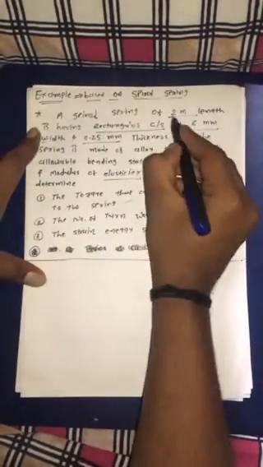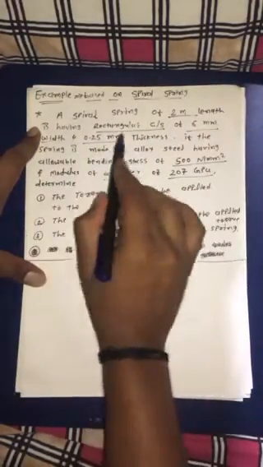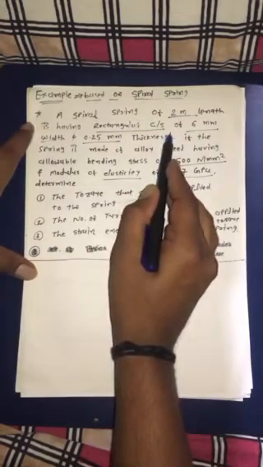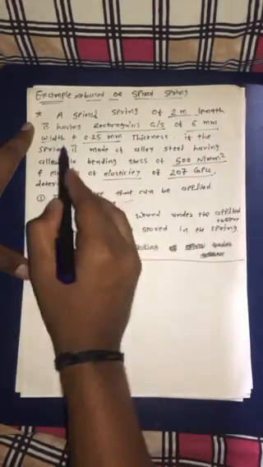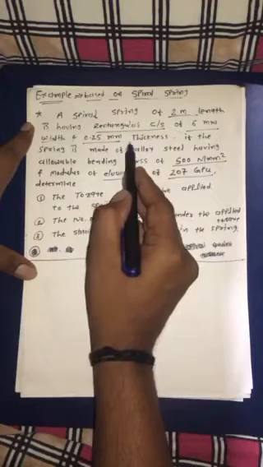Hello friends, here in this video we will see the example based on the spiral spring. Okay, now we can see the data of it first. A spiral spring of 2 meter length is having the rectangular cross section of 6 mm width and 0.25 mm